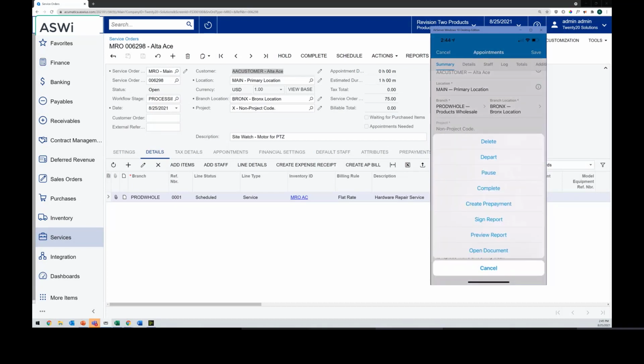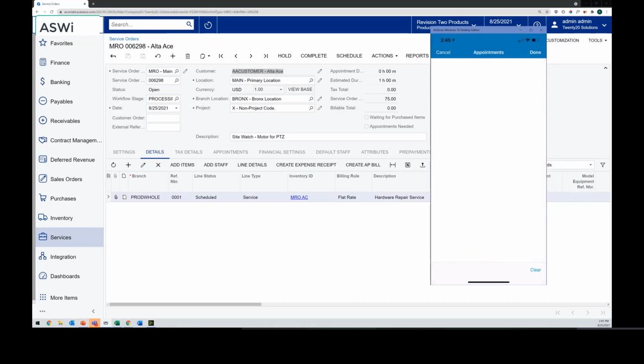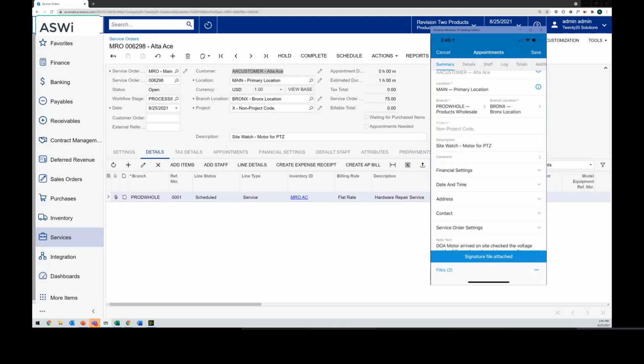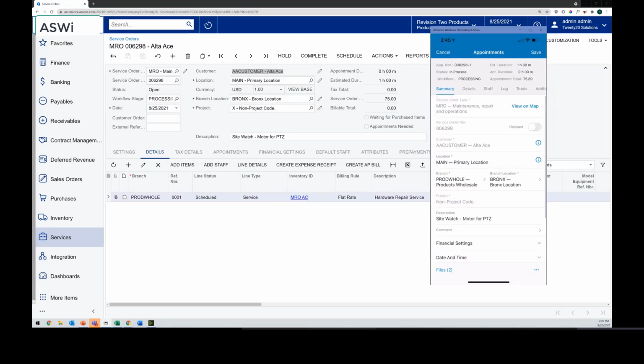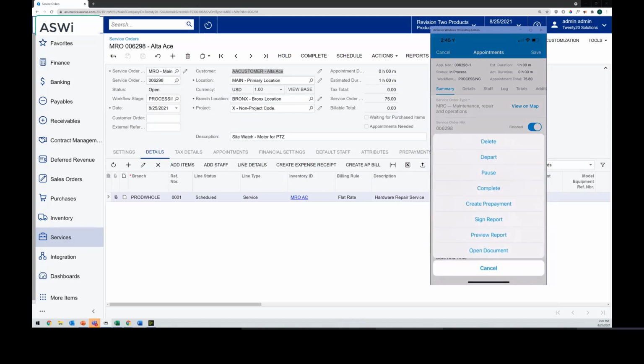If I need to, I can show the customer the document and then have them sign off that it was complete. So I'll add my signature into the file and mark that we don't need to come back. We don't need to schedule another appointment because I have completed the job. At this point, I can stop clocking my time for this particular job by clicking the complete button,